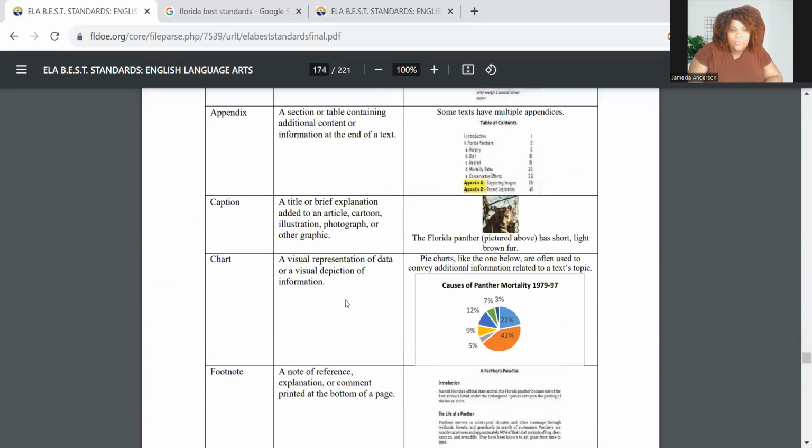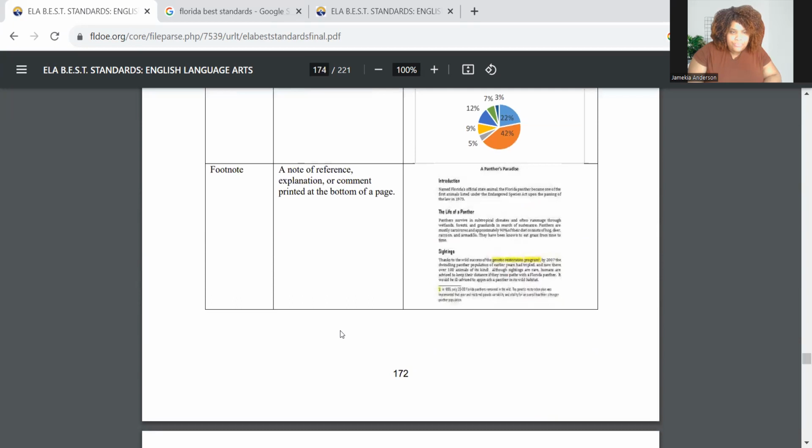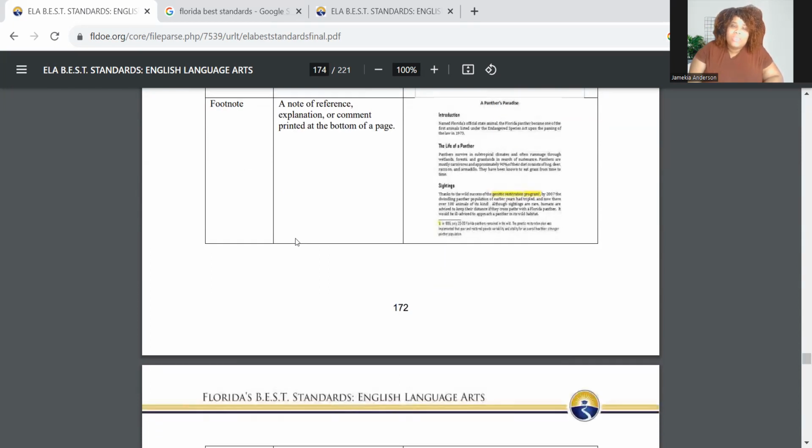So some of your texts may have charts. A chart, of course, comes with information, so on your informational text you should be able to put charts on that document. If you can't see both documents, I do apologize, but once I update it you'll be good to go. Also, footnotes and references. Primarily you're going to see this in informational text, but it's also sometimes in literature as well. They do reference it. So this is something I would teach that's within both.